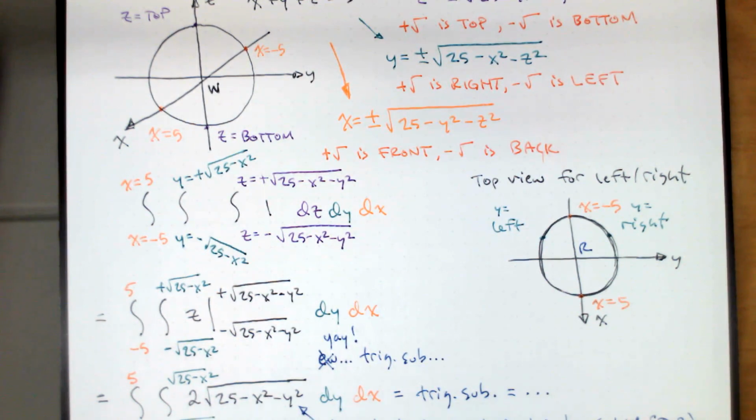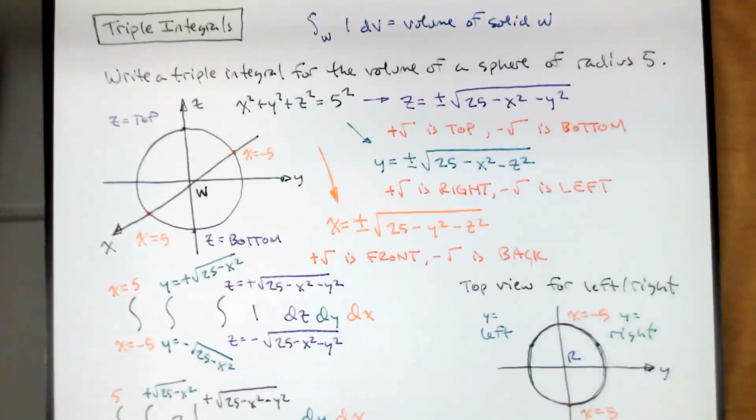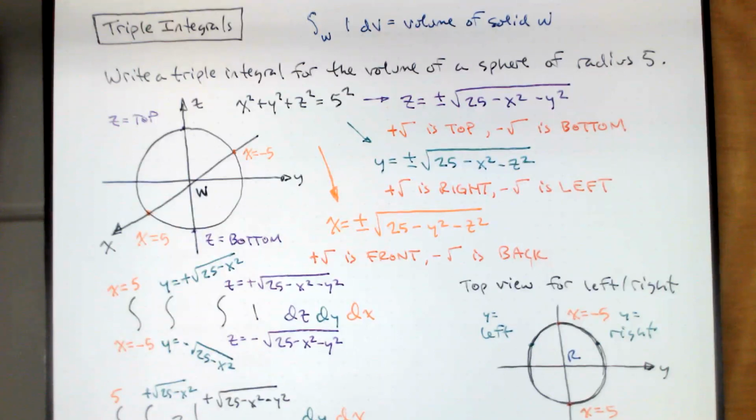It's important to see this when z is plus and minus the square root of 25 minus x squared minus y squared. It's important that we see that as the top and bottom parts of a sphere. With y equals the left and right hemispheres. X equals the front and back hemisphere. That way, if we have something bigger that we can't draw a picture of, like a four-dimensional sphere, x squared plus y squared plus z squared plus w squared equals 5 squared,